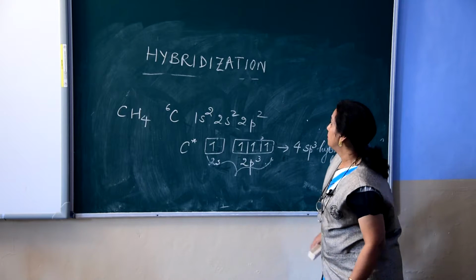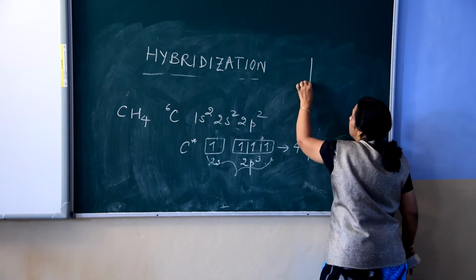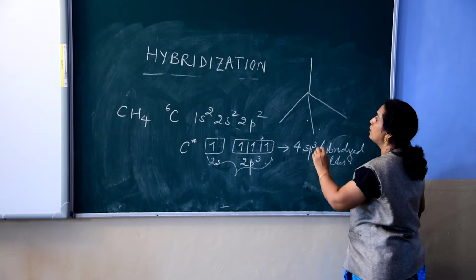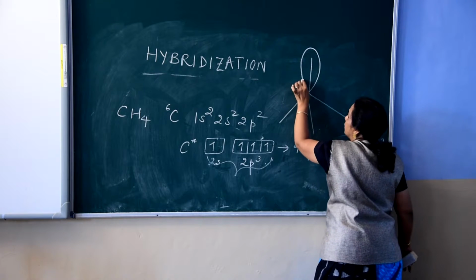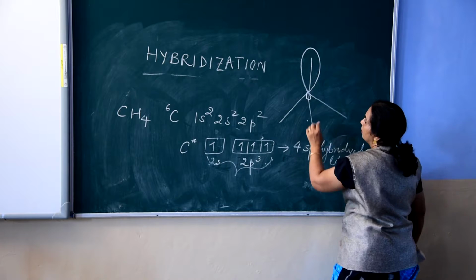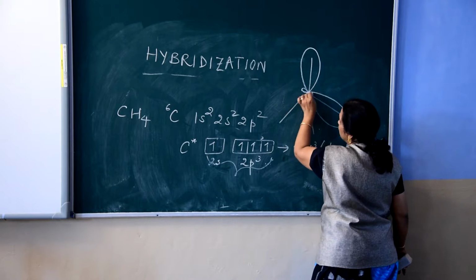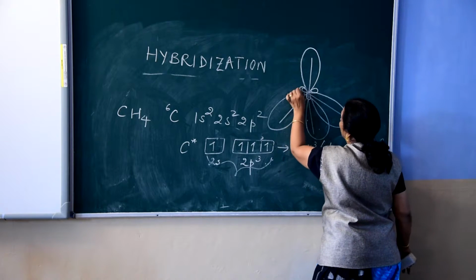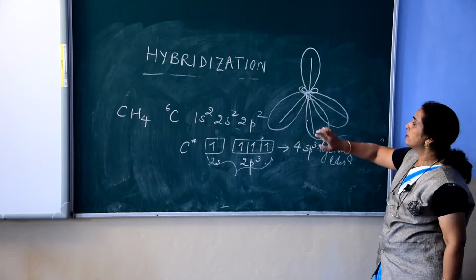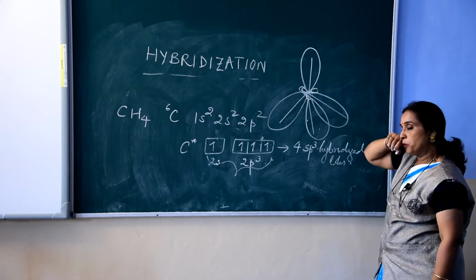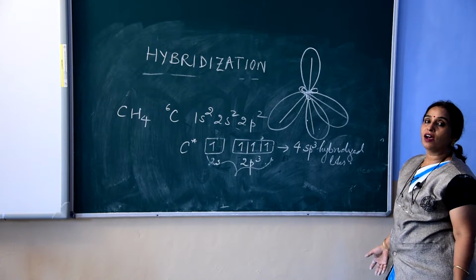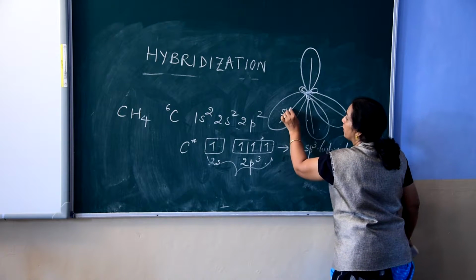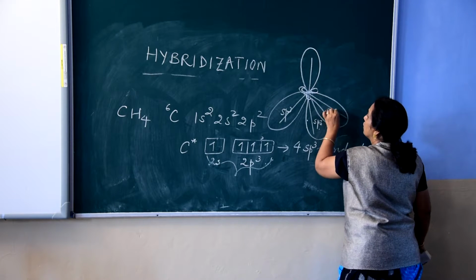How do we show them? These 4 sp3 hybridized lobes will orient themselves forming a tetrahedral structure, with the first lobe in this form, the second lobe in this form, the third lobe in this form and the fourth lobe in this form. It is not very necessary to show these smaller lobes. You may show or you may not show. Some of the books are showing them, most of the books are not showing them. So, these are 4 sp3 hybridized lobes of carbon